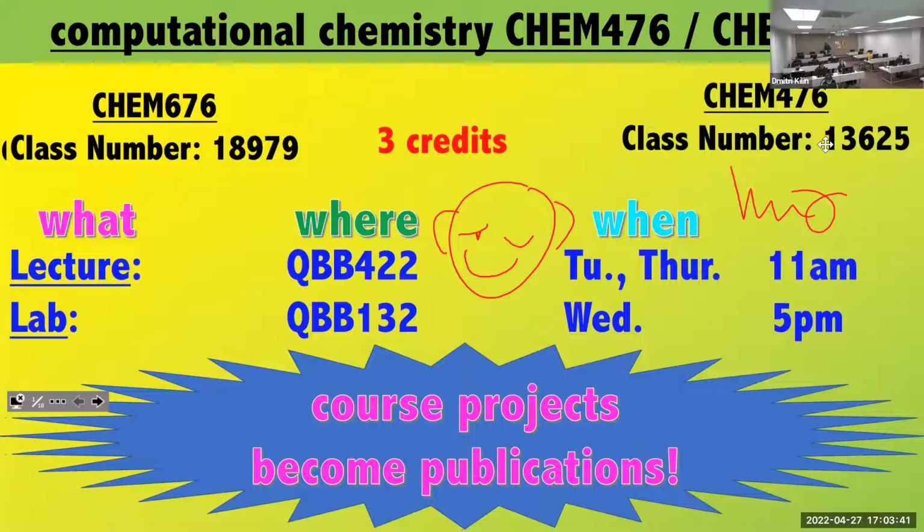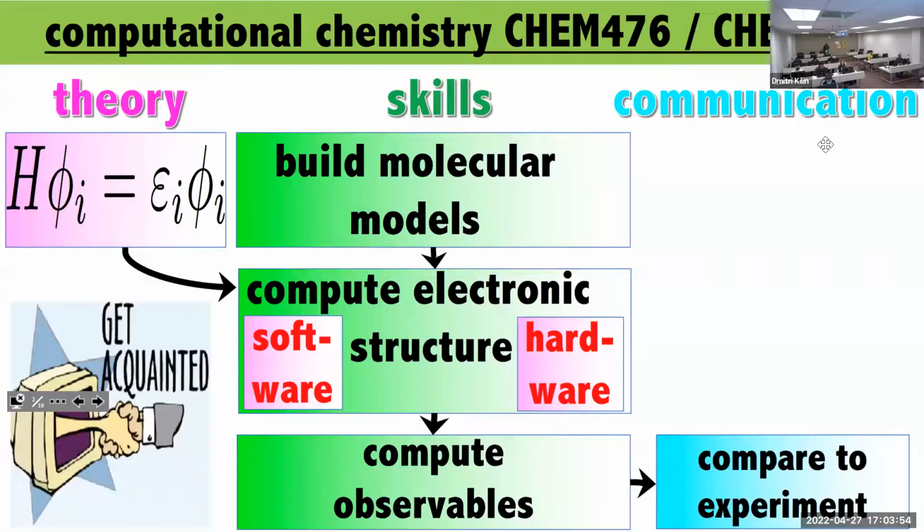Okay, many thanks for coming. So this is Computational Chemistry 676. The goal of the course is to get practical skills for computational modeling of materials, and we are coming to the final stage of the course, where the computational observables are compared to experiment or